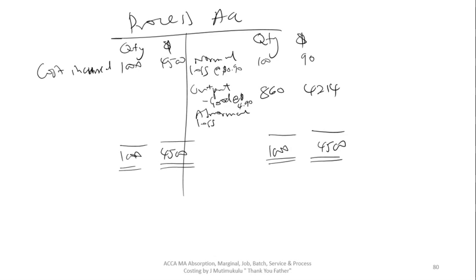Okay, and this abnormal loss is also valued at the cost of good output, because we explained that this will be valued at the cost of good output. Please replay that part of the video so that you are not going to be lost in the jungle. All right, so